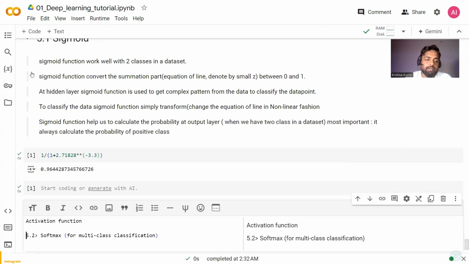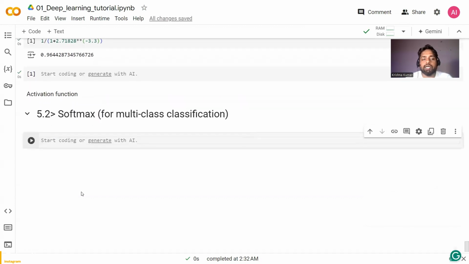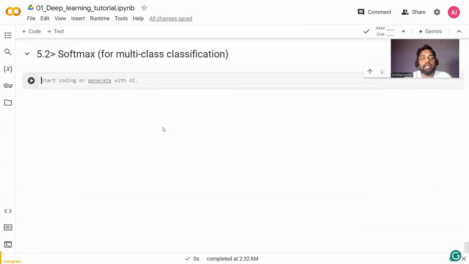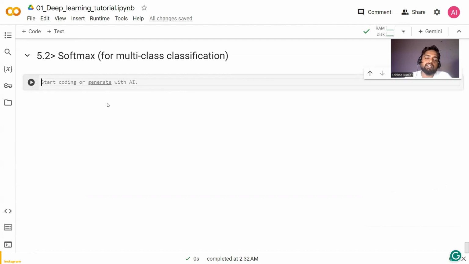So now coming to the topic of today's session, that is 5.2 Softmax. 5.2 is nothing but a number which I already gave in the talk file above. So now Softmax, I will start with a definition. I already told you most of the things, but still, because this is a procedure that we have to follow, the definition is something like